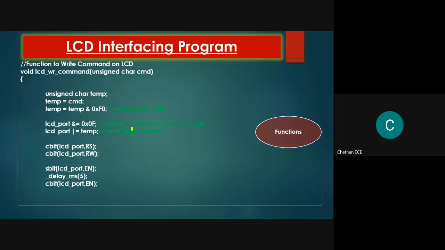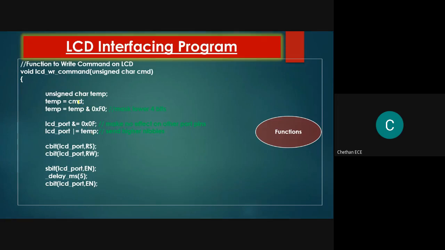Now coming to the command and data send. Okay, assume that the command is 28H. I'm masking the lower 4 bits. I'm resetting the LCD data pins because we are sending the upper nibble information in D4 to D7. Hence, I'm turning off those pins.